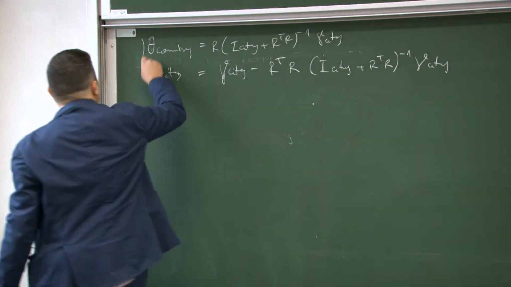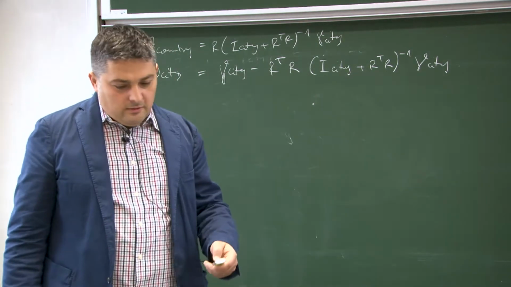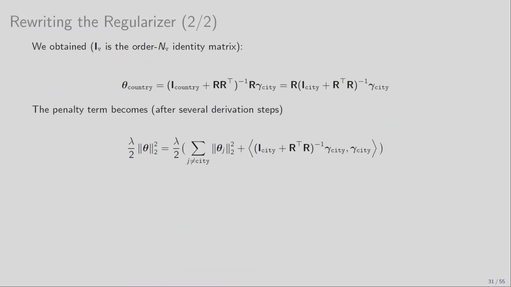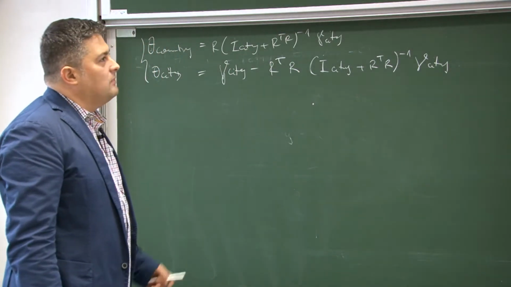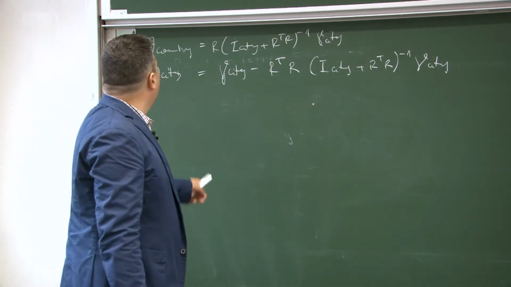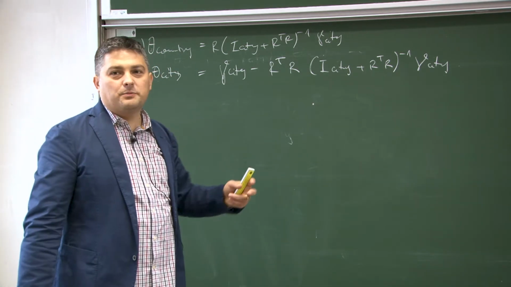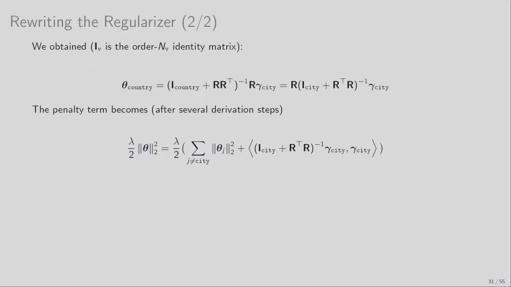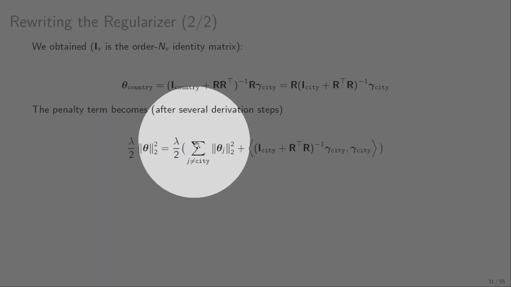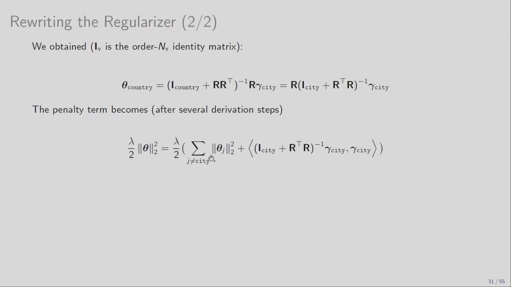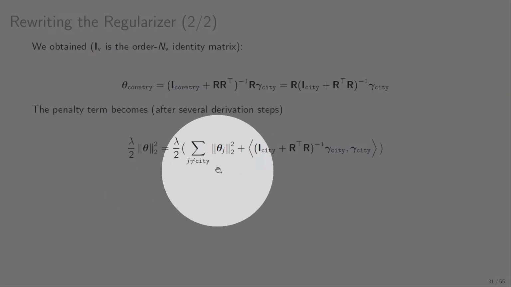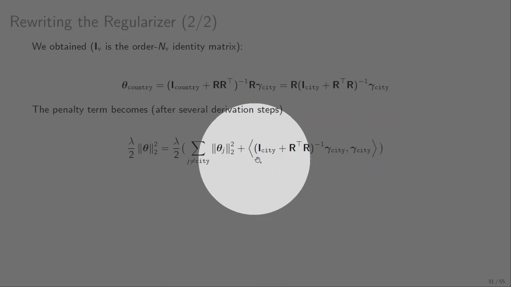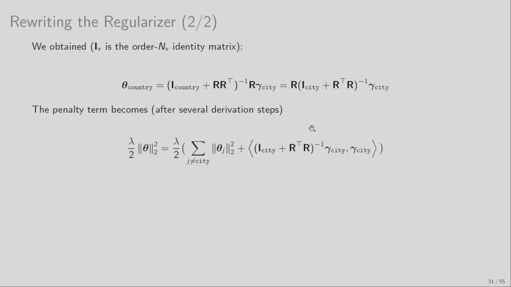Good. So I have these two, and I would like at the end to see whether I can get to a form like that for my penalty term. This is already, in a sense, nice, because I can already get rid of theta country and theta city, express both of them as a function of gamma ct. But I would like to get to that neater expression over there, right? Which, as you can see, if you take away everything which talks about city and country, so here should be also country, then I get just a dot product of something related to gamma city.